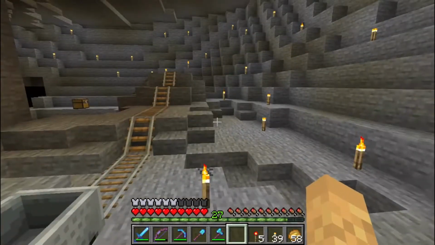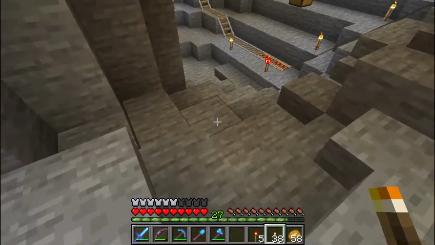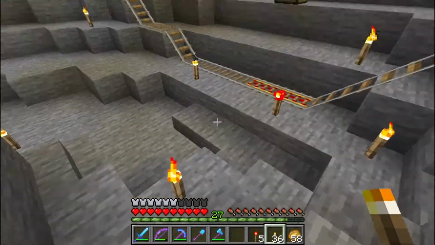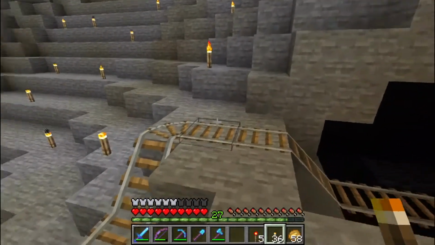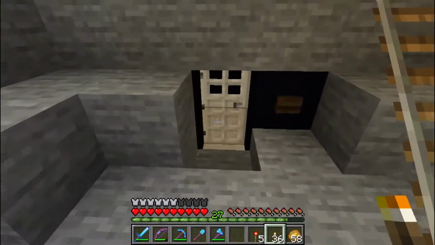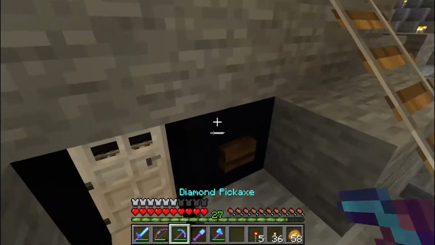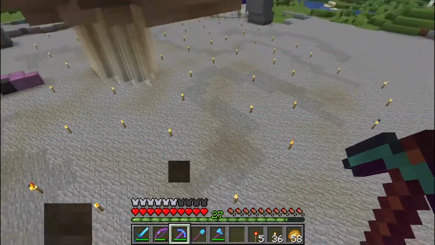Perfect. All right. Good. And I need to get some torches down in here before things start spawning on me. There we go. All right. Good. So that gets us our path in. And then the next thing I want to do is I want to hide this door. I really don't like that you can see this here. So let me take...